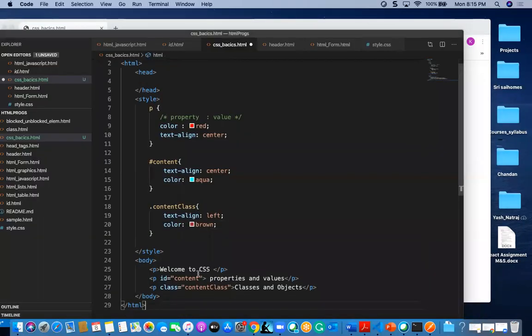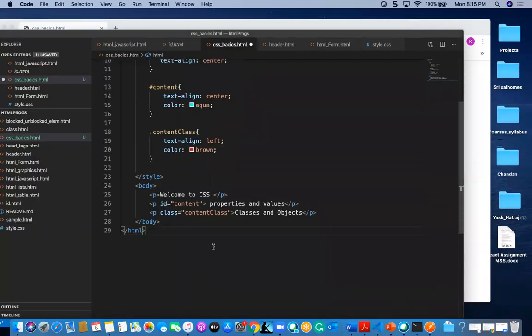And one more thing, these are the two different selectors we have, one is a class, and the other one is ID.